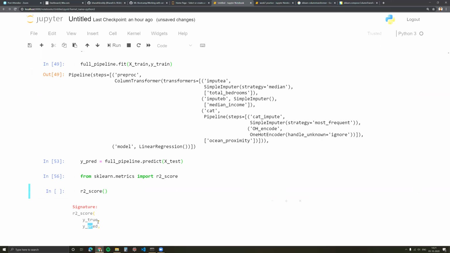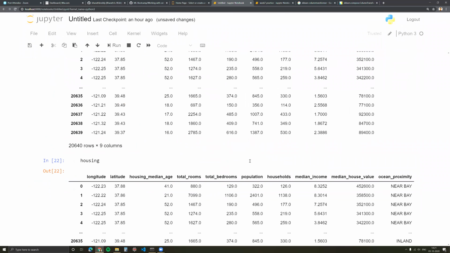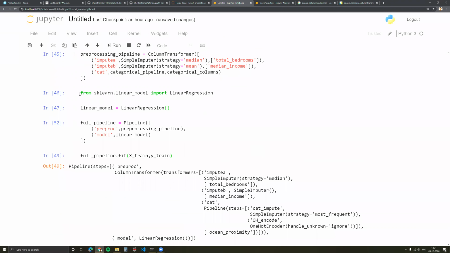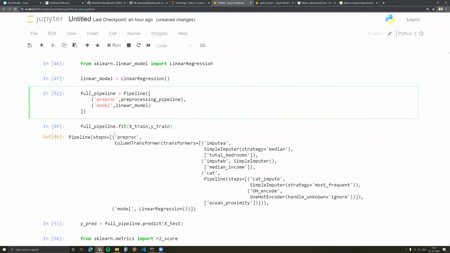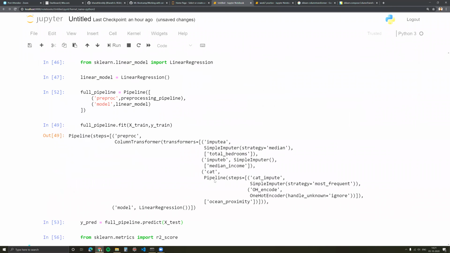It takes y_true and y_predicted. y_true in my case is y_test, and this is the predicted. You see, something which used to take a long time before and a series of steps, just because we built small little pipelines, and these are not even difficult pipelines. We can build small pipelines, fit a model, and arrive at a test score.